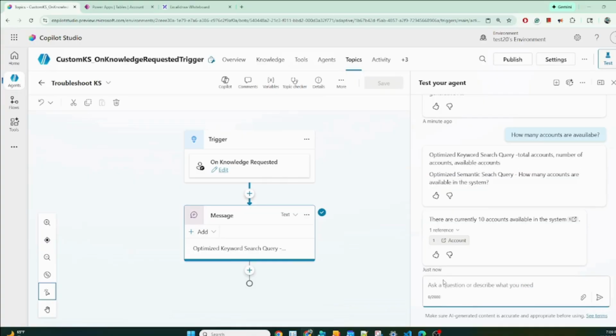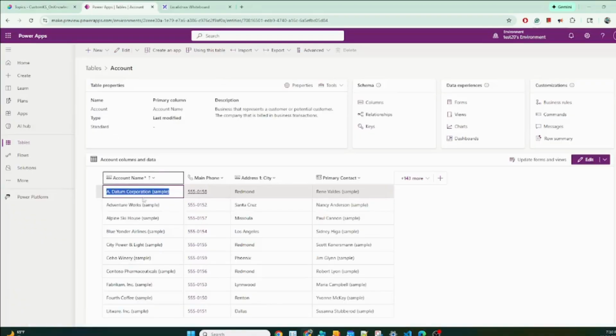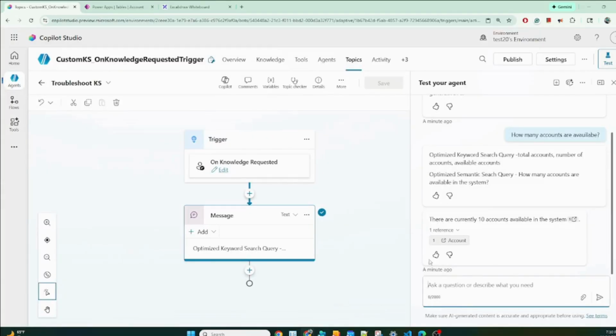So now let me show you the second thing here. When it builds this optimized query, what it also does is remember the previous context, right? And let me show you how it remembers, right? So let me go, and from this account table, let me pick this account name, and let me just ask, provide me